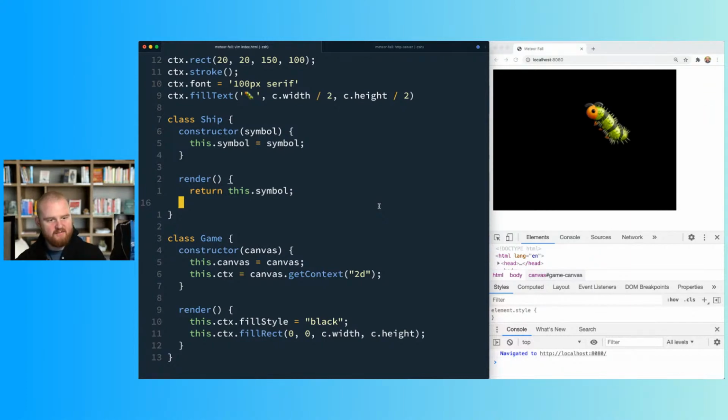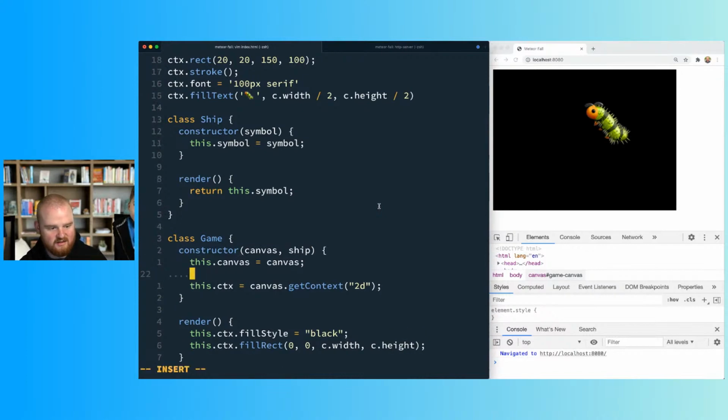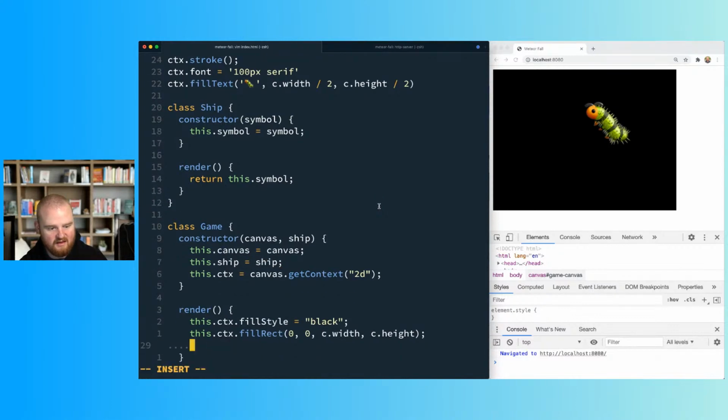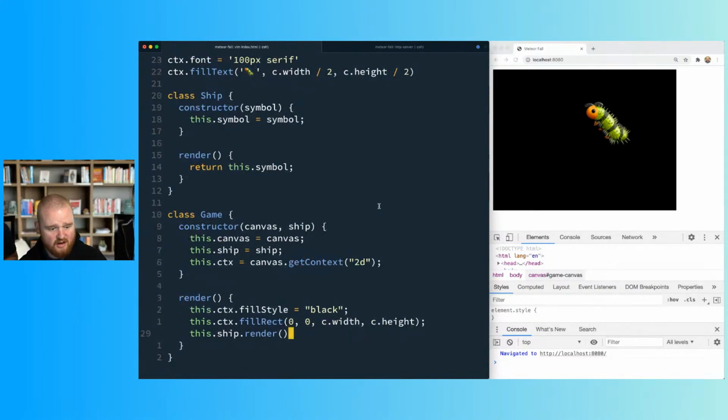So the game should probably know about the ship, and about how many meteors there are. We can say this.ship is ship. What is ship? Ship is going to be your caterpillar thing. Then we're going to say this.ship.render, and that gives us back the